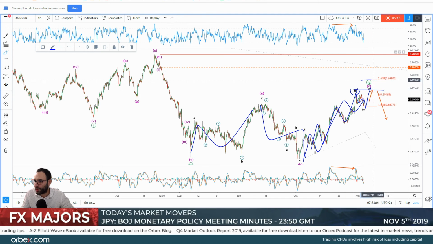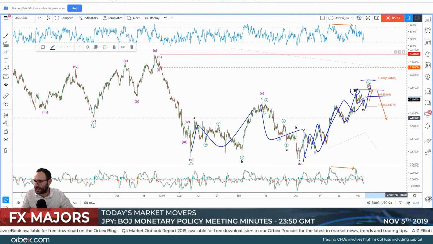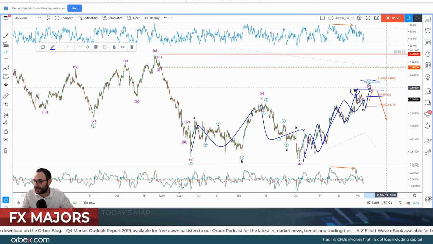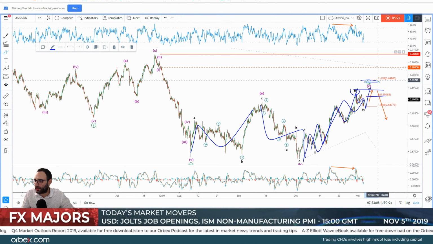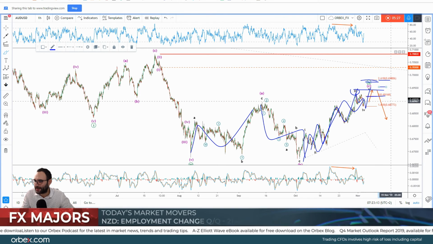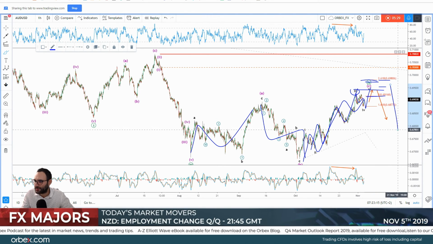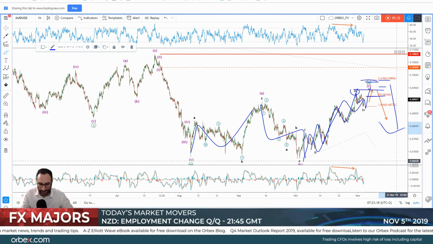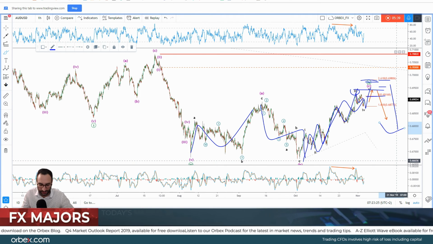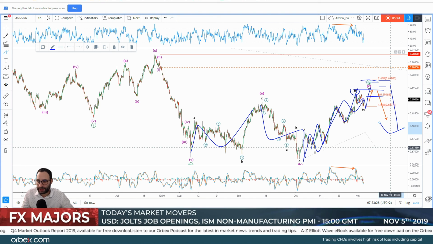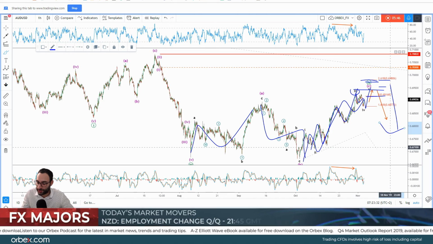We could go anywhere between 69.60 and 69.80. Although the top level might be a bit far-fetched, we could get to around 69.50, which is a nice round level, and then start looking at levels to start selling pretty much. So this is all for the day. I would pay attention to both Euro dollar and Aussie dollar because of trade wars and because of the US non-manufacturing PMI.